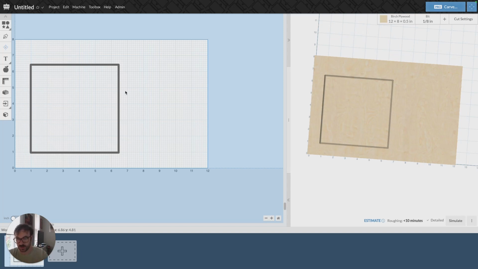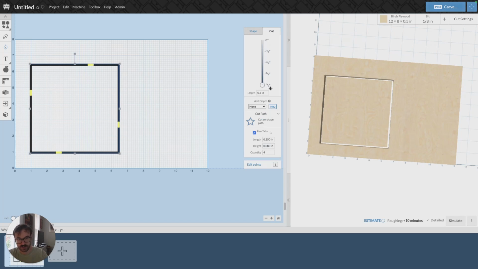in Easel. And to do this, I'm going to go ahead and select my object, change it to cut completely out, and then we can see here that a new portion of the window has popped up that says add depth. And I can select from a couple of options here, and basically it allows me to add an extra depth